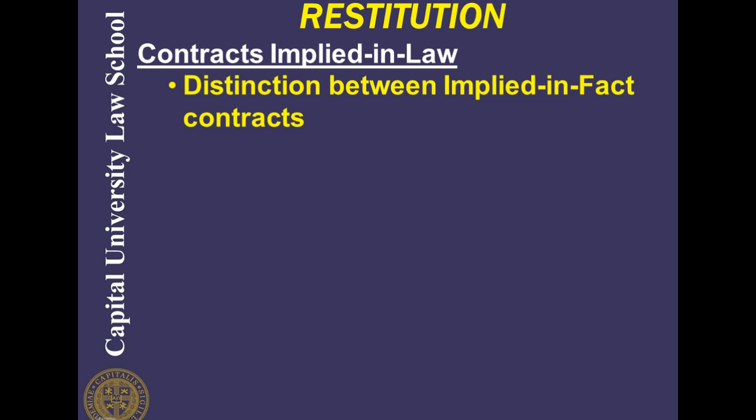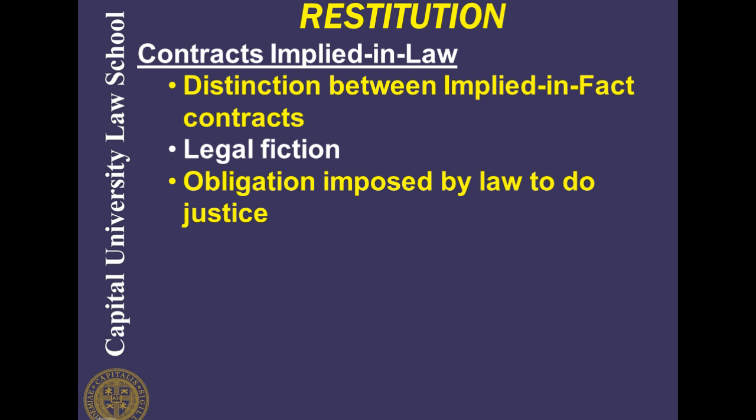A contract implied in law is merely a legal fiction. There is no real contract between the two of them. The courts have created this contract implied in law to find a way to grant plaintiff relief under the concept of unjust enrichment. As I said, it is a complete legal fiction. There is no real contract, or for some reason an actual contract between the parties is defective.